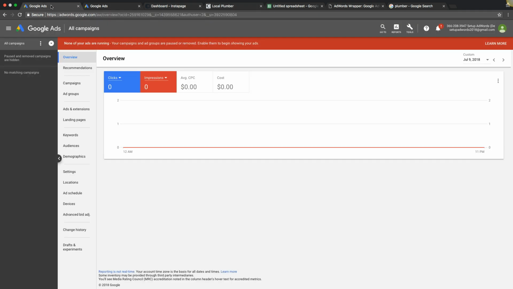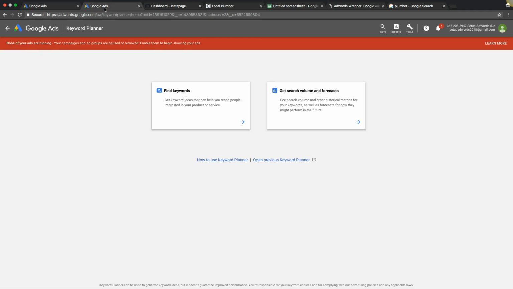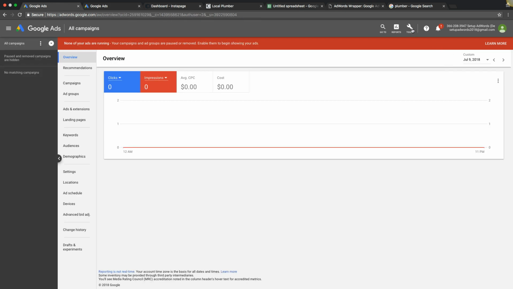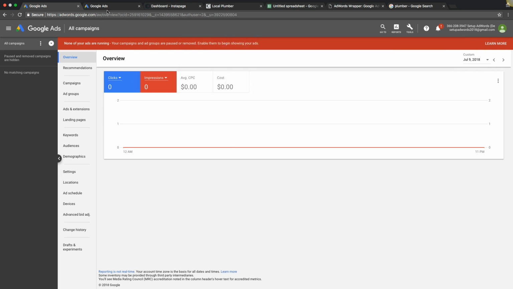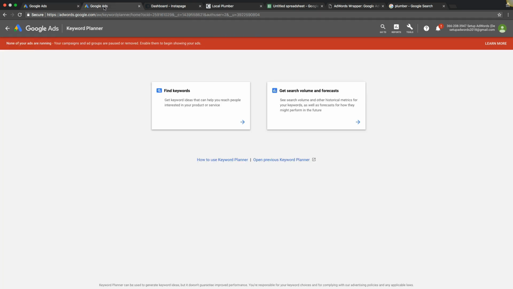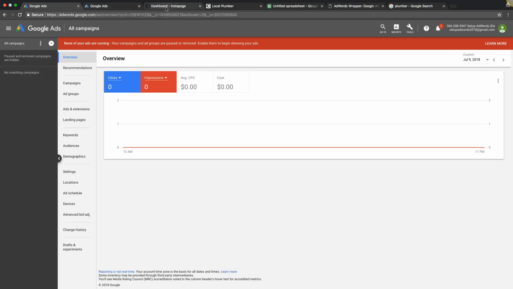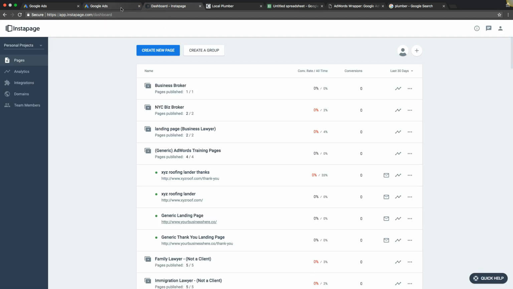So there's a few tabs that we should have open right away. So we need our AdWords tab open. We should have our keyword planner tab open. And if you don't know how to find the keyword planner, come up in your AdWords account, tools, and open up keyword planner, and then just put that in a new tab so you have your keyword planner open and your AdWords open. Next, your landing page software or your landing page URL or whatever,